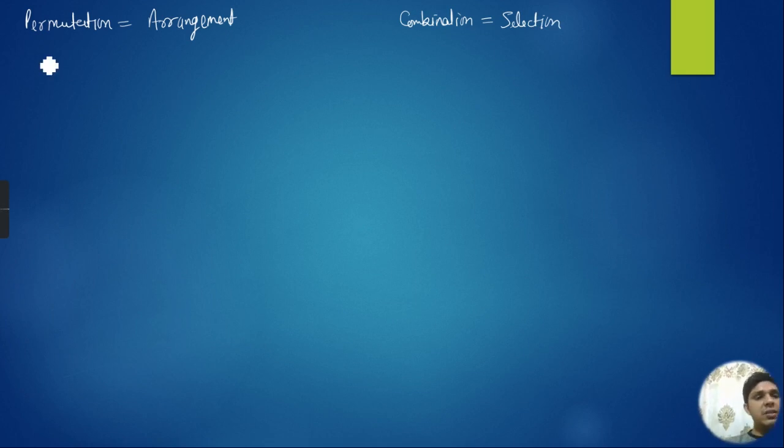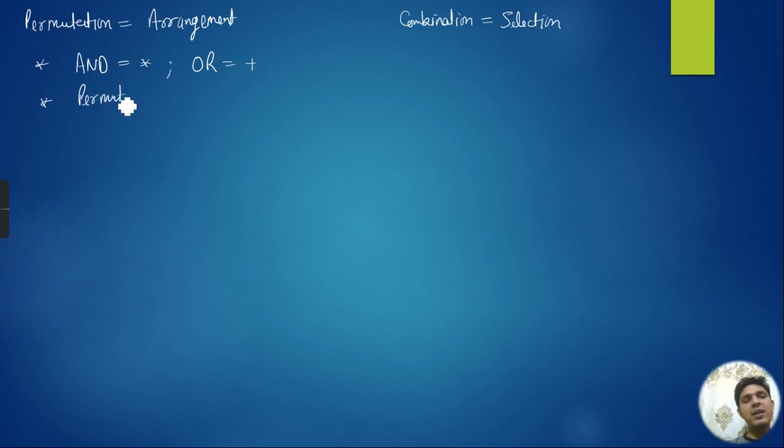Thereafter, the things that you must know before starting the topic: whenever we have the condition of "and", we have to multiply the things, and wherever we have the condition of "or", we have to add the things, right? Next thing is, whenever we have to apply permutation, or I can say arrangement, we simply use the formula for arranging r things out of n things, that is nPr,